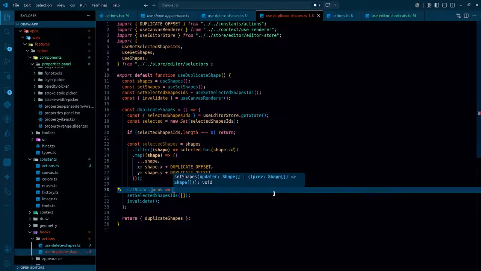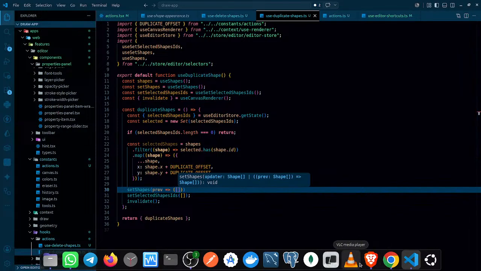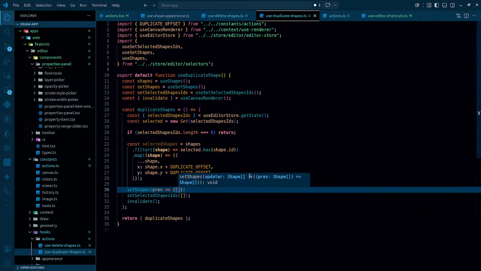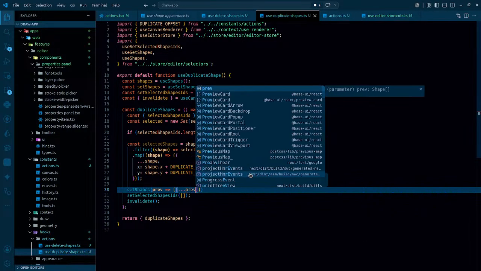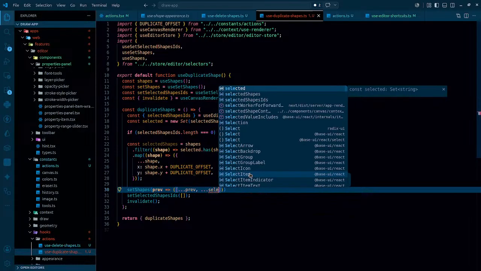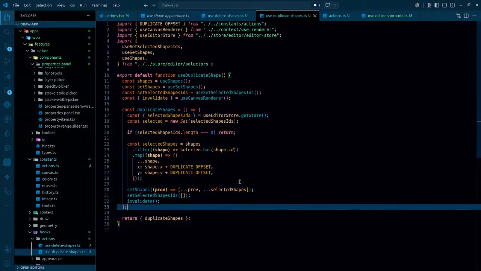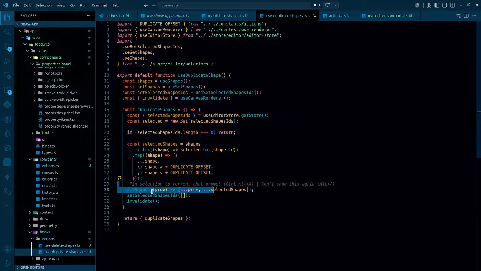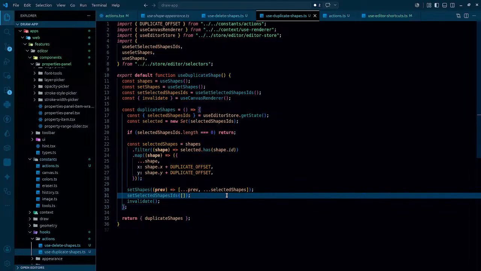And once I have the previous shapes, I have to return all the previous shapes. So an array is gonna be returned, and okay, never mind, all the previous shapes are gonna be returned, and the selected shapes are also gonna be returned from here, so that it becomes part of set shapes. And selected shape IDs,